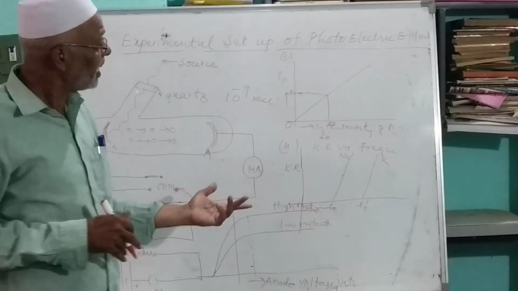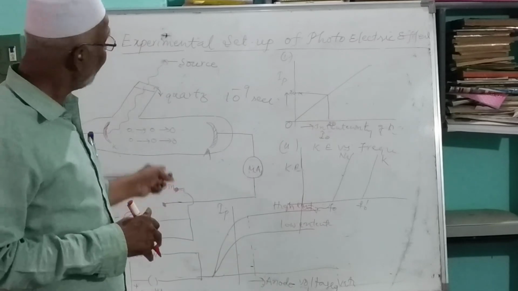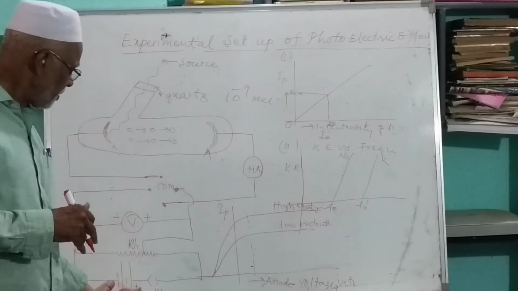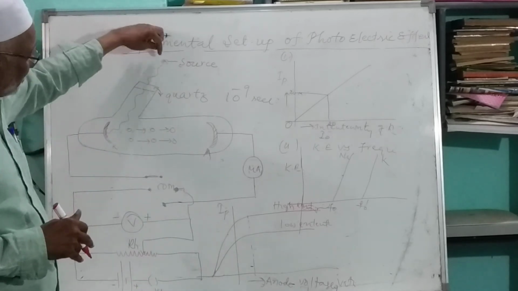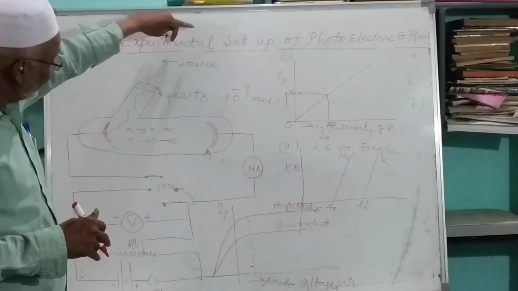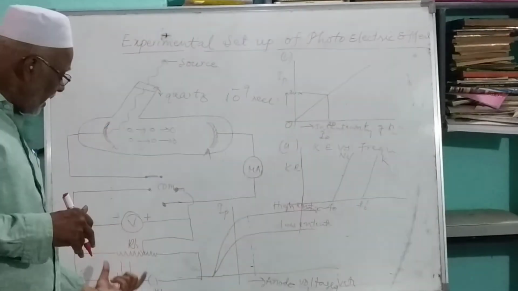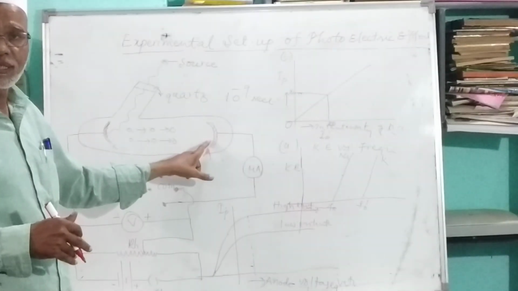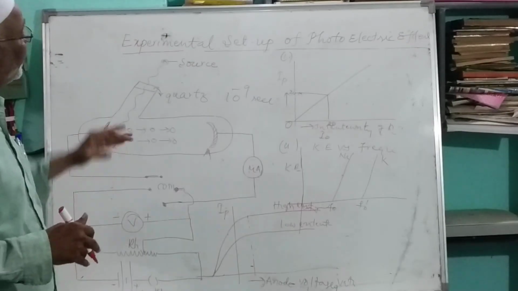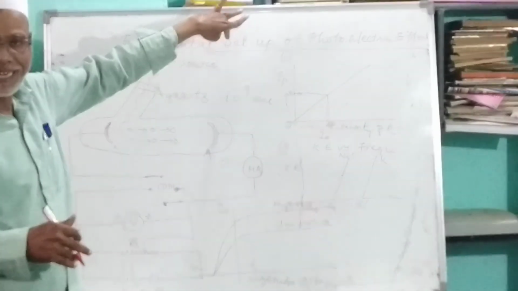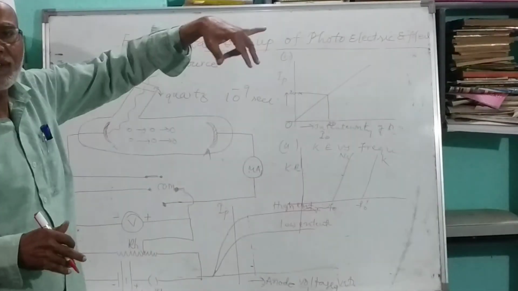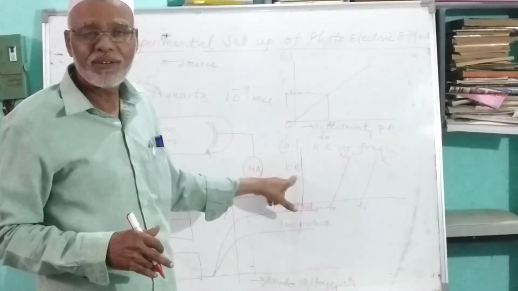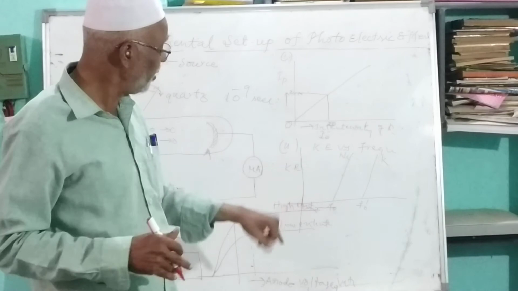So once again, you have to fix the intensity of incident radiation and the potential difference between cathode and anode. Then only you change the frequency of incident radiation. If you change the frequency of incident radiation, what happens to the kinetic energy of the photoelectron? See,